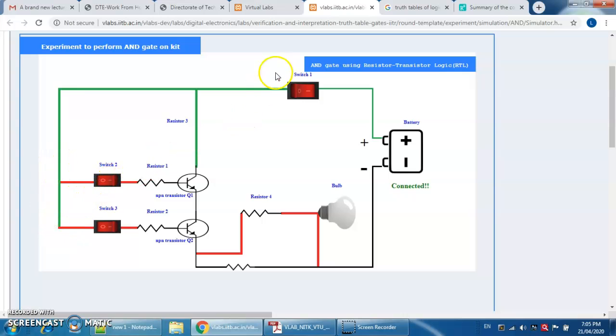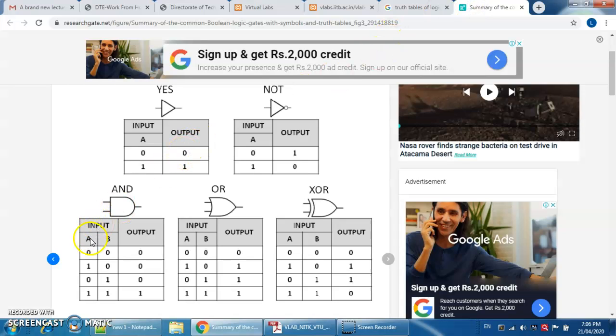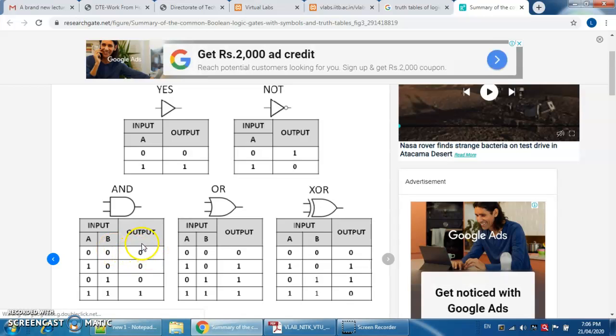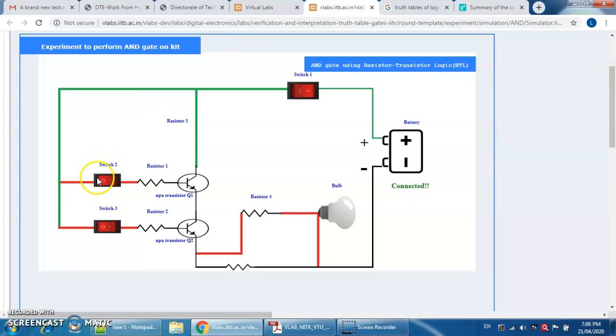For verification of this truth table, the first situation is 0 0. Both are 0, and we will see whether the output is 0 or not. This position is 0, and if you click on this side of the switch, it becomes 1.